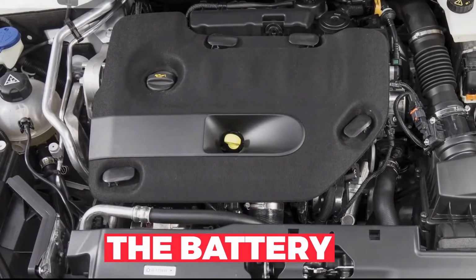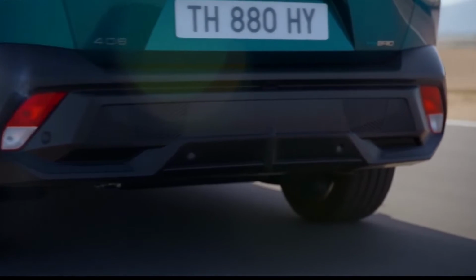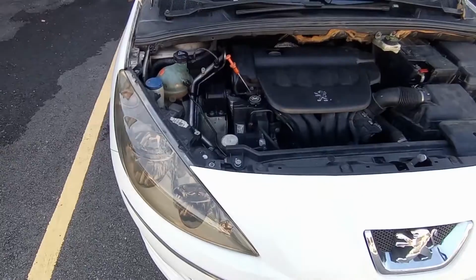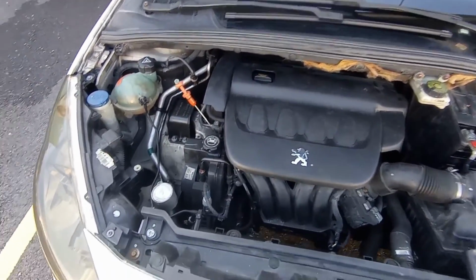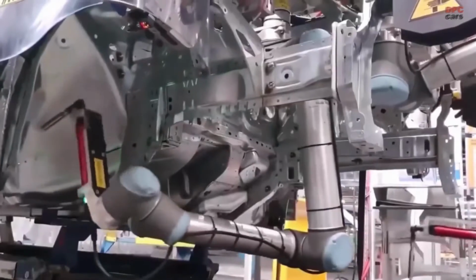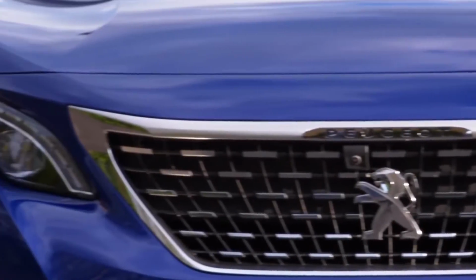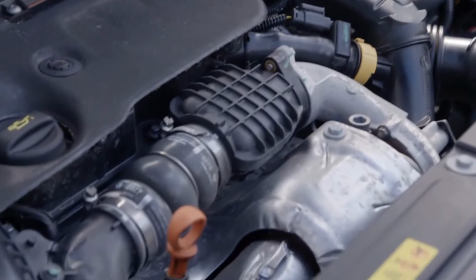The battery. The Peugeot 408 has 3 engine options. Contrary to how this Peugeot seems, its performance numbers are disappointing. The 408 is available with 3 engine options, a pure gasoline engine and 2 plug-in hybrids. The standard gas-only engine is a 1.2-liter naturally aspirated 3-cylinder motor that produces 130 horsepower and 169 pound-feet of torque. The smaller hybrid engine combines a 1.6-liter inline-4 motor with a 109 horsepower electric motor to provide 180 horsepower and